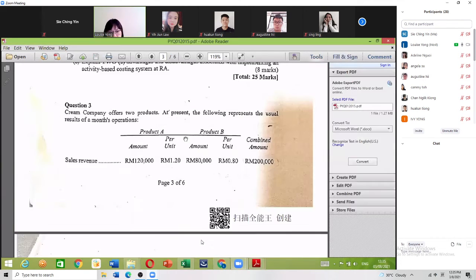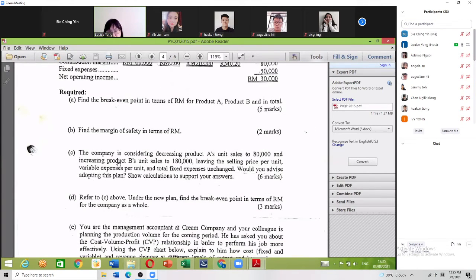Then Part B 的时候，他叫你算什么呢？Part C, 他这边就讲了，The company is now considering decrease product A unit sales to 18,000 and increase product B to 180,000. 所以它的 sales mix ratio 改了。If the selling price, variable cost per unit, and the total fixed cost remain unchanged, would you advise adopt this plan and then show the calculation to support your answer? 他就问你，如果 sales mix ratio 现在换成 A 卖80千，B 卖180千，selling price, variable cost, fixed cost 还是一样，这个 proposal 可以进行吗？